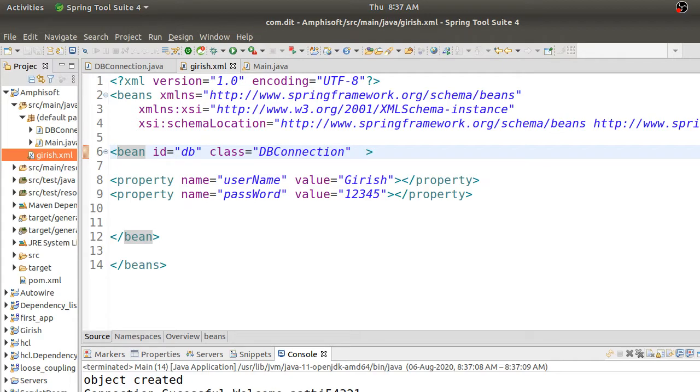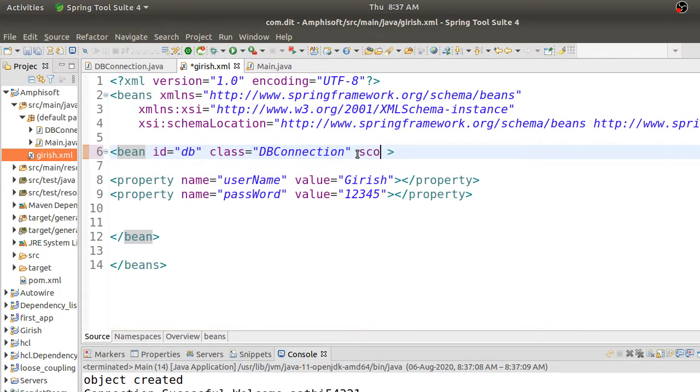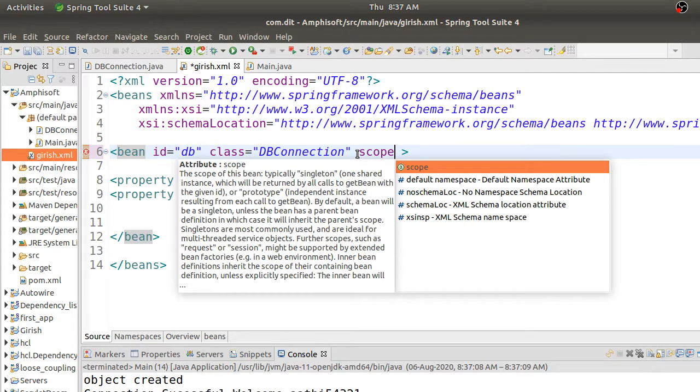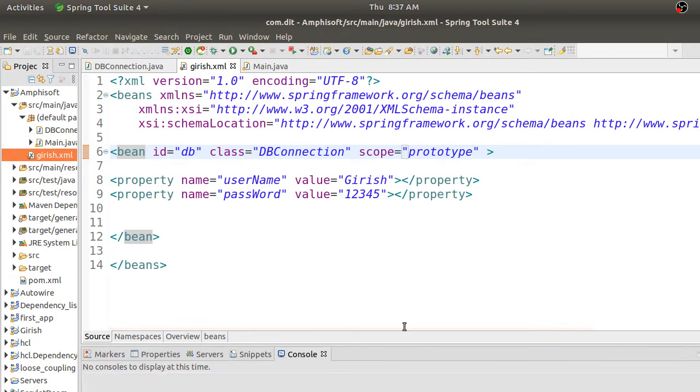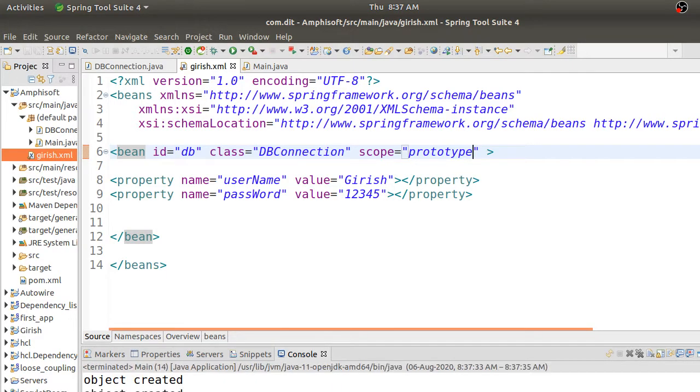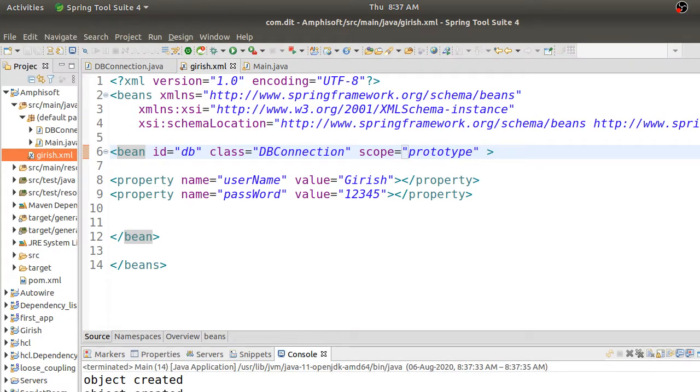I want only Girish in the first object and Aarti in the second object, meaning every time I want a new object to be created. So just go here and change the scope. You give scope equal to prototype. There is one scope called prototype. The moment you give this prototype scope and rerun this application, you get what you wanted: Girish 1 2 3 4 5 and Aarti 1 2 3 4.